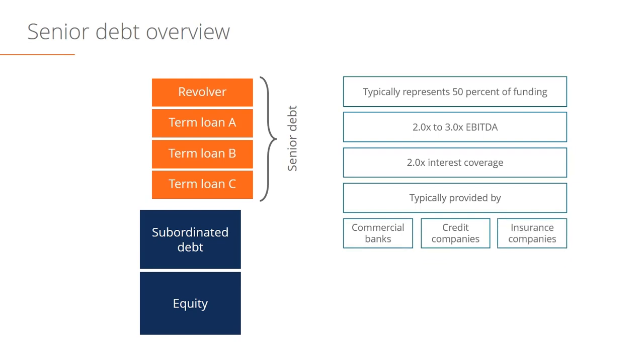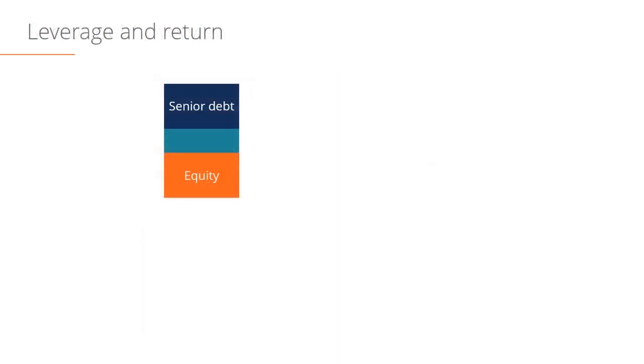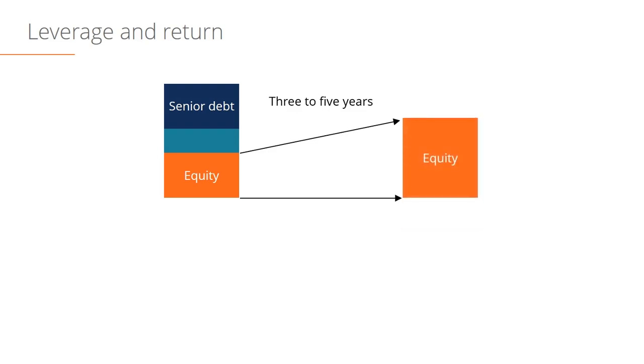Now let's take a look at how senior debt can enhance equity returns. So here's an example of a capital stack: senior debt, sub-debt in the middle, and equity at the bottom. Over time, over 3 to 5 years, as this business grows, what's going to happen is you're going to see that the equity piece has expanded significantly. The subordinated debt piece is exactly the same, and the senior debt piece is slightly smaller, as it's been repaid